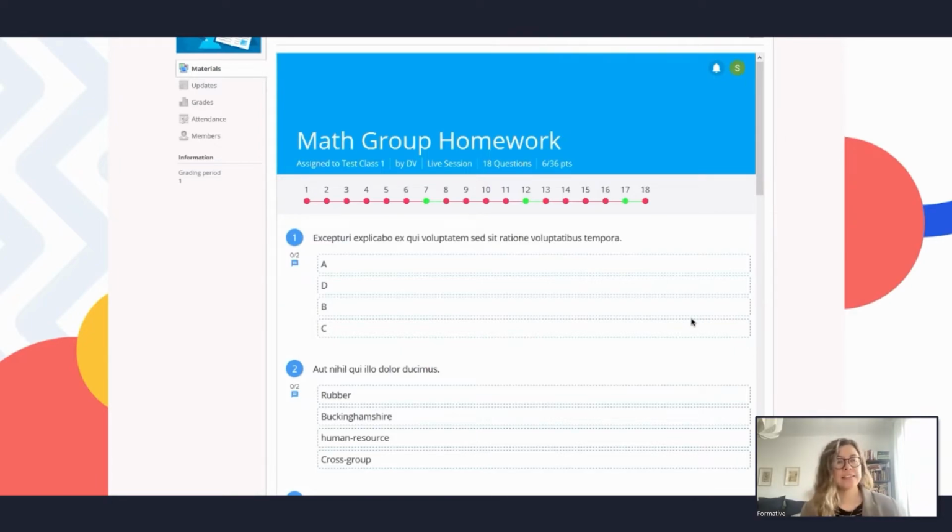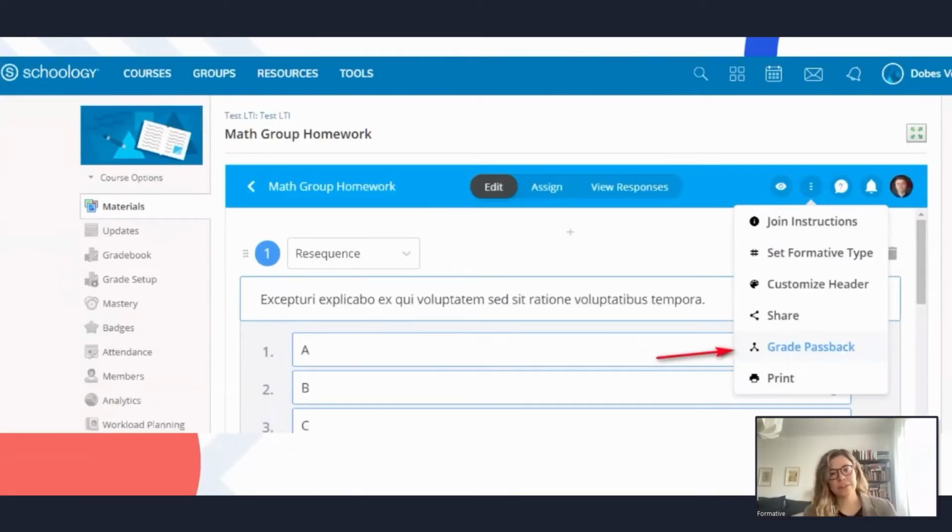In addition to that, because we are assigning it on Schoology, your students should be completing that formative in the platform. So if they're completing it outside of formative, you will not be able to pass those grades back. So make sure they are completing the formative in the Schoology website. Okay. So first things first,